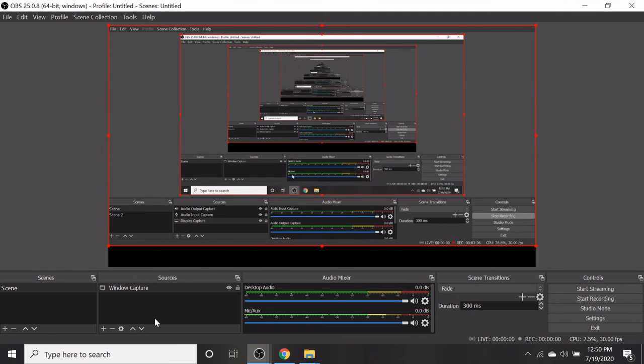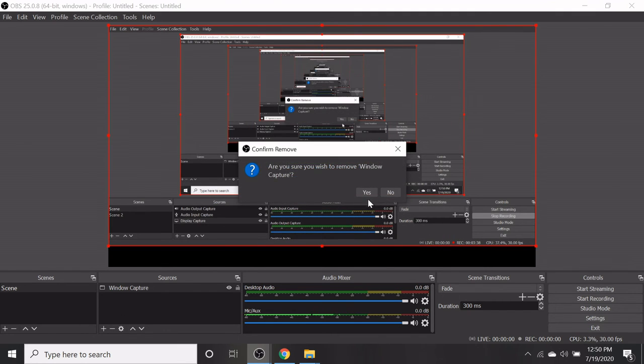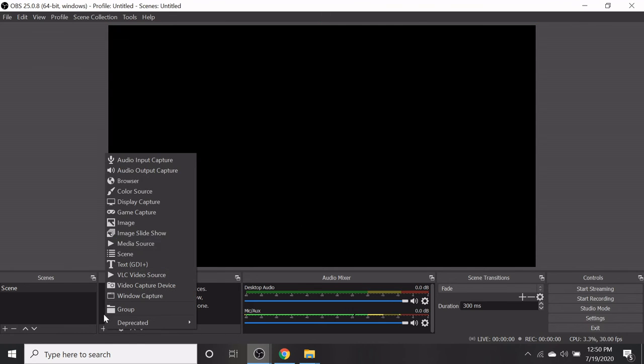Similarly, you can use the audio capture, that is input capture, audio output capture, browser, color source, the image slideshow, media source, and also the display capture. In display capture, the screen of your computer will be broadcast.